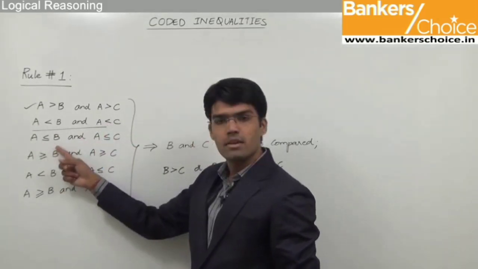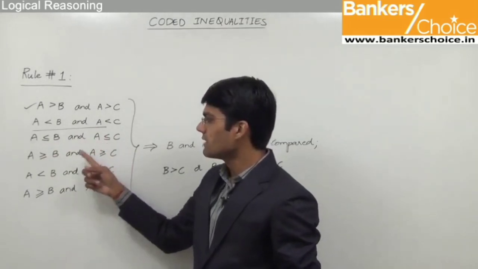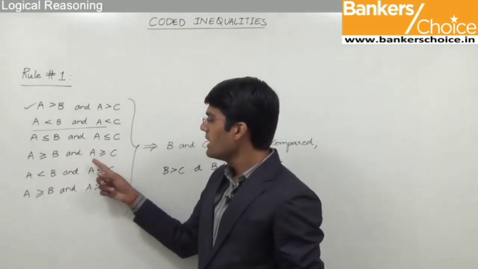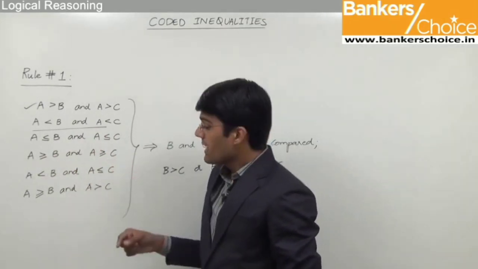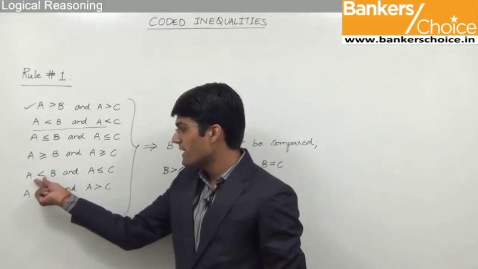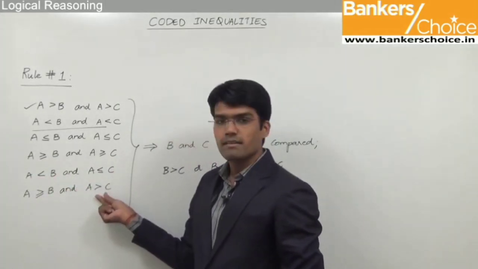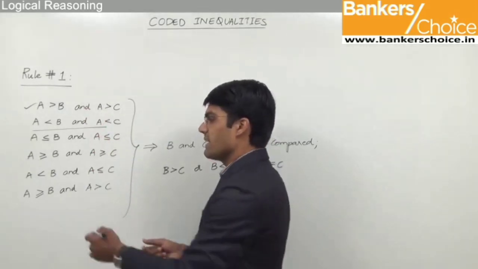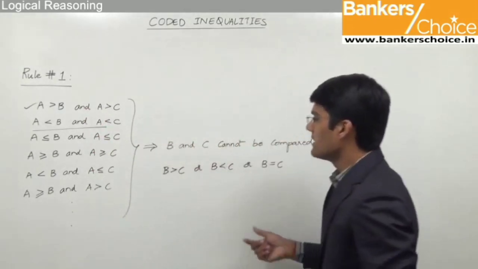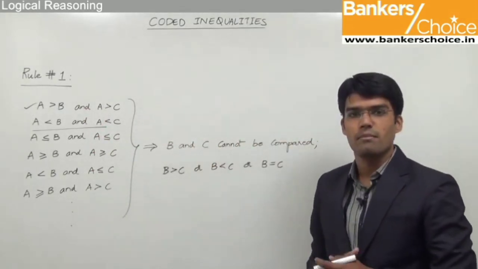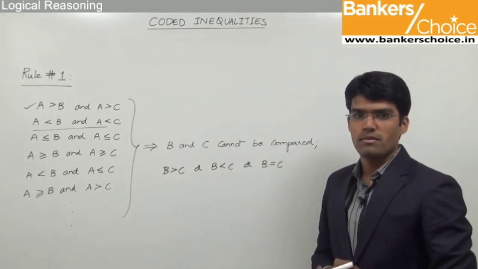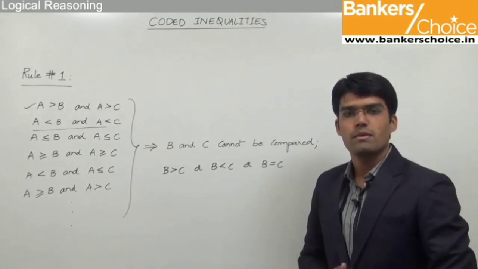Similarly, we have A less than or equal to B, A less than or equal to C, or A greater than or equal to B, A greater than or equal to C. Otherwise, we can also have a combination of less than and less than or equal to, or greater than or equal to and greater than. So in all these cases and many other similar cases, the answer should be B and C cannot be compared. So that is one of the most important rules required when we are solving questions related to